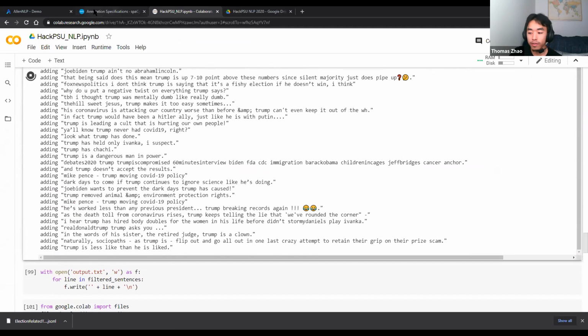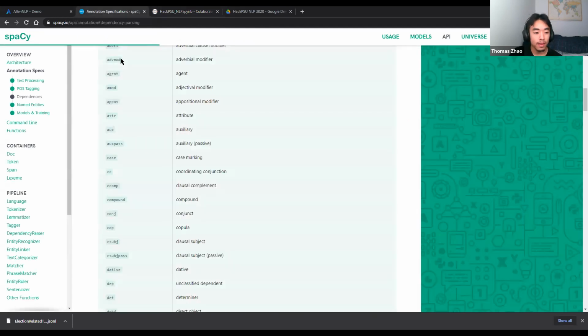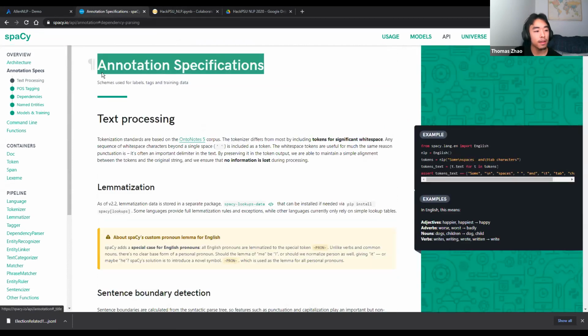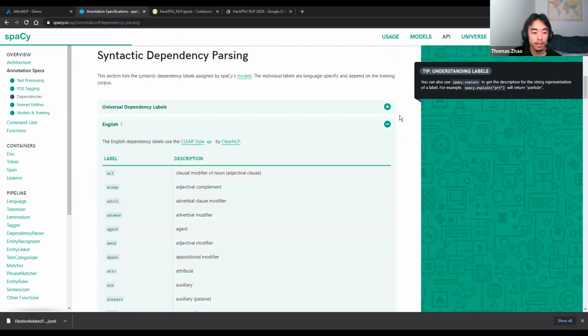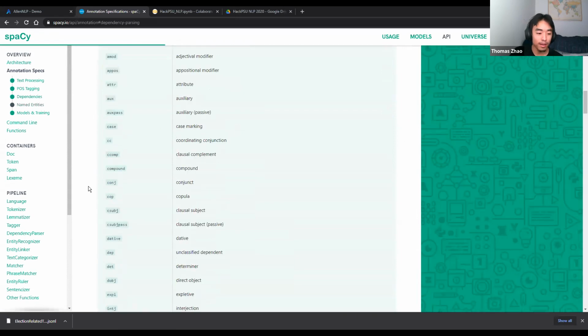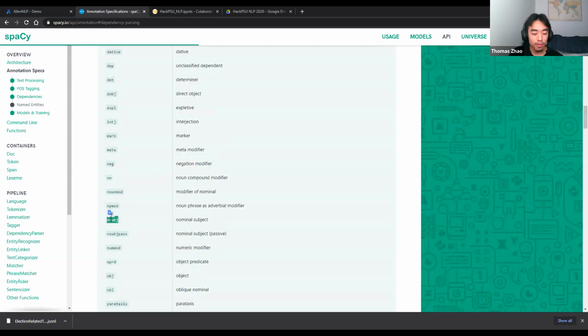But if you're wondering about the dependency, have a look at this Annotation Specifications page on spaCy. And if you scroll down to this English section under Syntactic Dependency Parsing, you can see all the dependency labels. And so what I mean by what dependency we want, for example, I want to look at the word that is the nominal subject of the sentence, aka the main subject of the sentence.